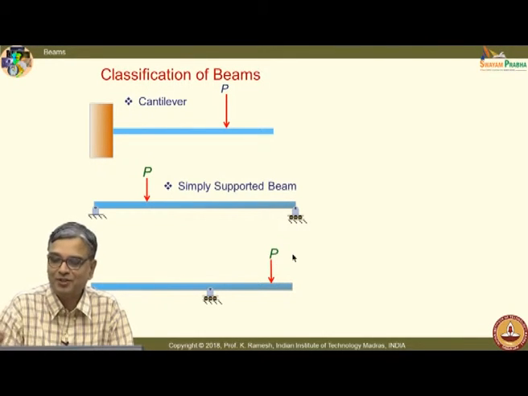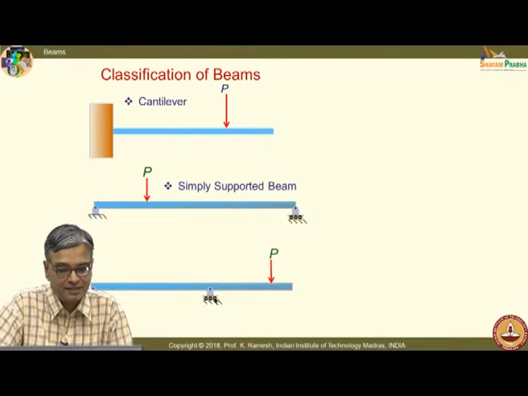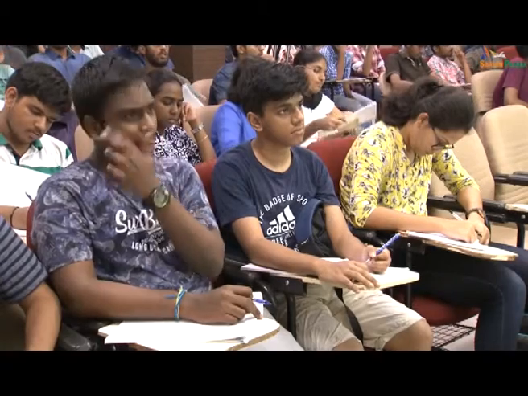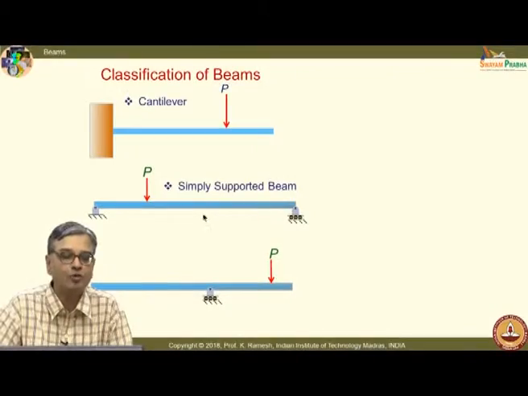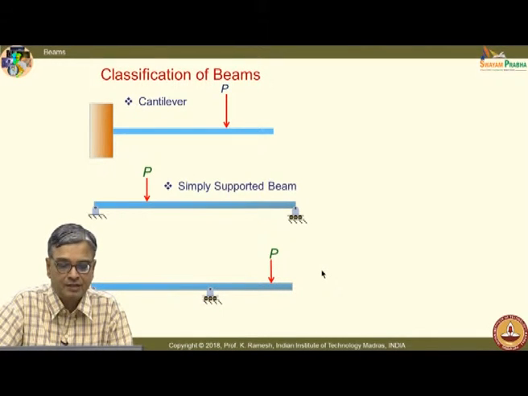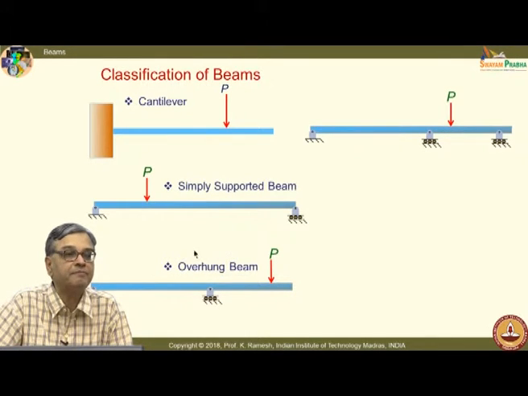And if you have gone to a swimming pool, if you find a person stepping onto the springboard to dive, the support may not be this far away, it may be closer to this. So, you have a practical example where divers, when they jump into a swimming pool, you have an overhung beam, either an overhung beam or it could be a cantilever, depending on the construction that they have made in that place, and this is called an overhung beam.